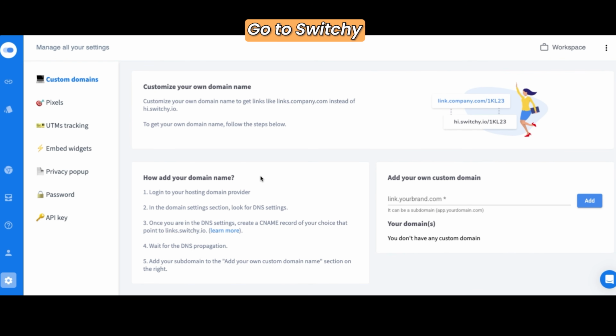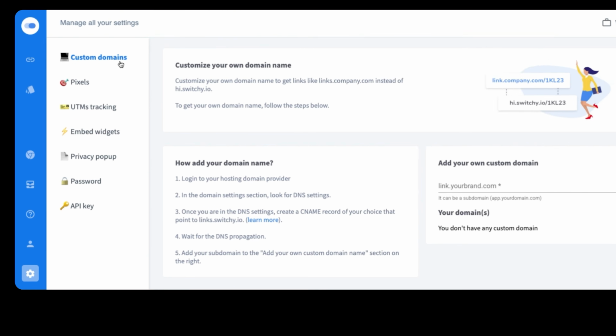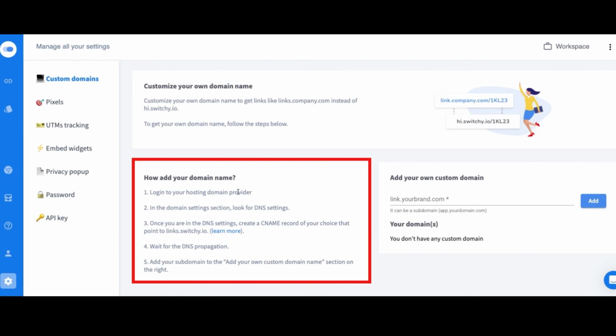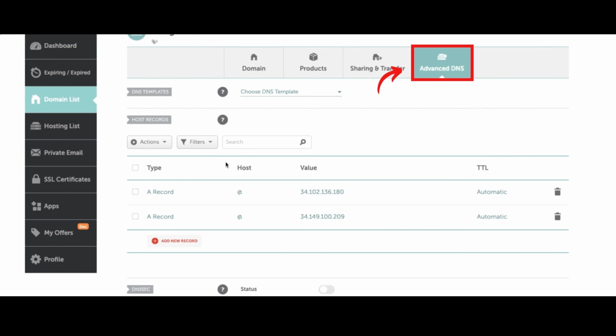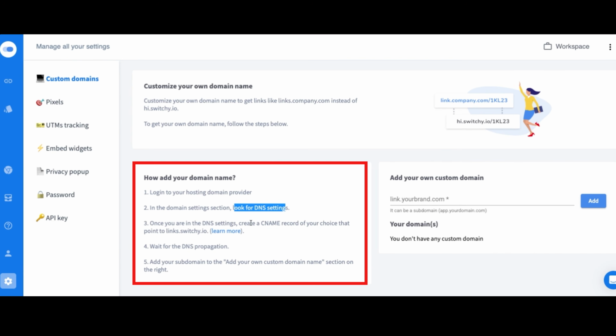So you basically click on these settings right here, click on custom domains, and then you will say log into your domain hosting domain provider, which is in this case Namecheap. Then it says in the domain settings section, look for DNS settings, which is what I just showed you, which is you go to advanced DNS. And then it says, once you're in the DNS settings, create a CNAME record of your choice that points to